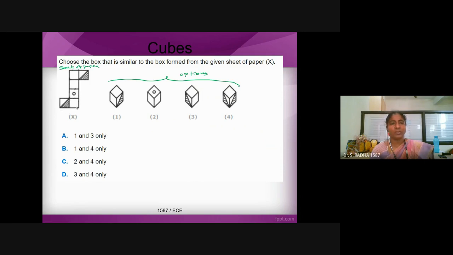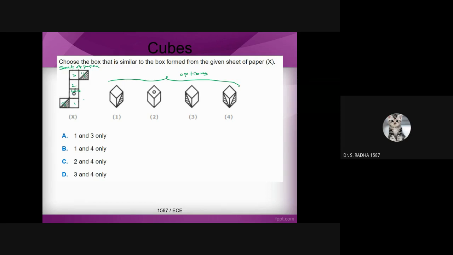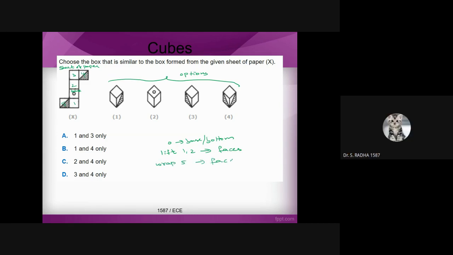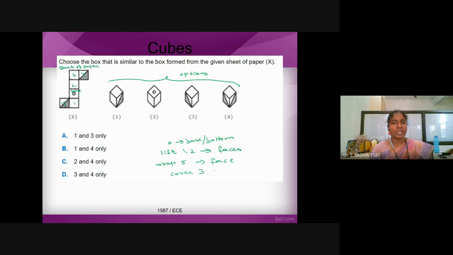What we can do, if you take this circle as the base, the bottom, I will put numbers, let this be 1, 2, 3, 4, this complete one is 4, this complete one is 5. So we will put the circle as the base or bottom, then lift 1 and 2, they will become faces. Wrap 5, that will become a face. Cover 3 as the top,